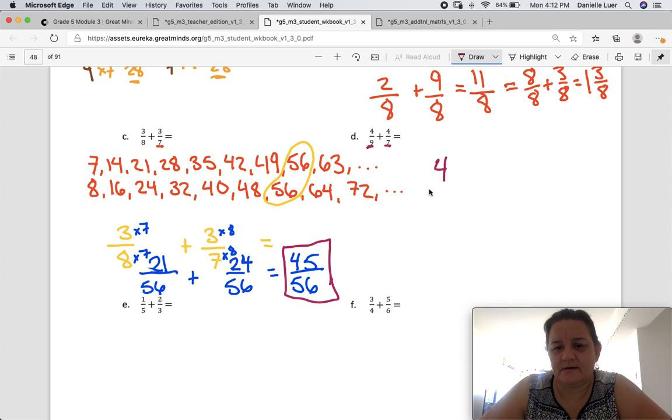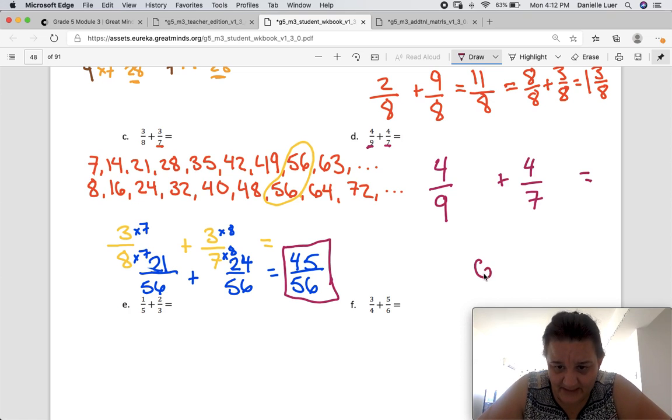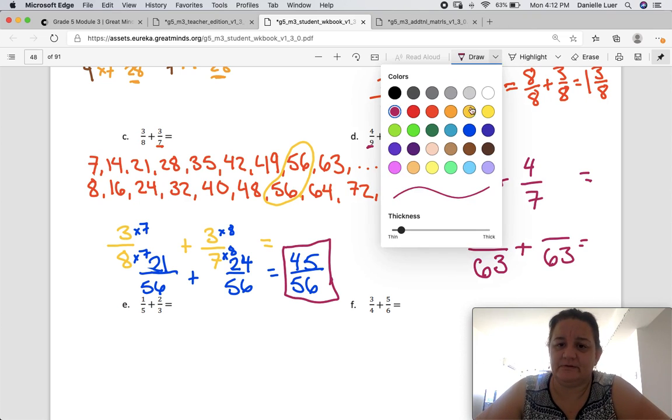So 4/9 plus 4/7, and 7 times 9 is 63, so I'm going to end up with something over 63 plus something over 63 equals. Okay, so in order to do that, I need to